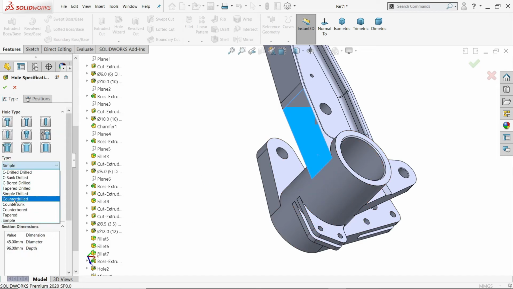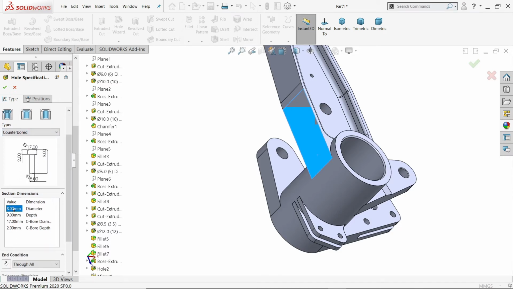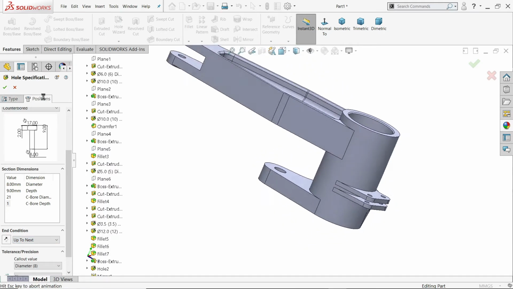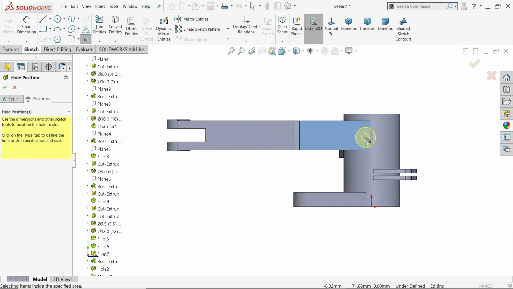Legacy. Now counter bore. Now comes inside diameter 8 millimeter. That's fine. And for depth, we will see the conditions. Counter bore hole 12, 1 millimeter is the depth, and don't keep this one through all. We need to choose, let's say up to next, what will happen. Position, I'll choose somewhere here, second one here, escape,